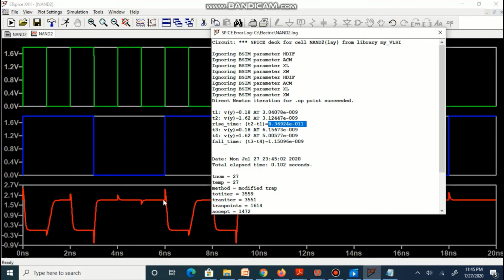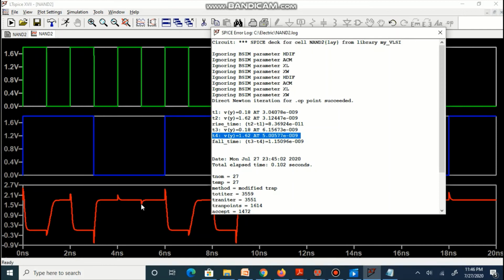We want to measure fall time over here due to input changes from 0, 0 to 1, 1. We have measured that on the third fall, but here we are getting the wrong result. The measurement at T3, that is being considered at around 6 nanosecond, is correct, but the measurement T4, which is taken around 5 nanosecond, is due to this false transition over here.